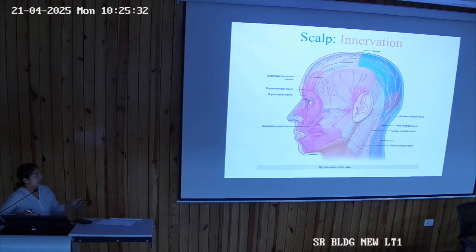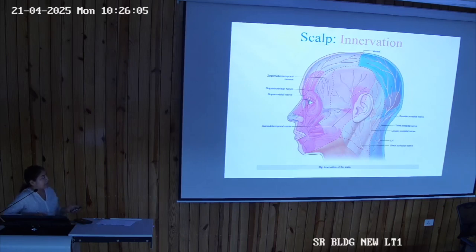So this area anterior to the vertex is supplied by the trigeminal nerve. The trigeminal nerve, if you don't know, has three divisions: V1, V2, V3, or you can say first division of the fifth nerve, second division, and third division. The first division is the ophthalmic division, next is the maxillary division, and third is the mandibular division of the trigeminal nerve. All these have been demarcated with the dotted lines.